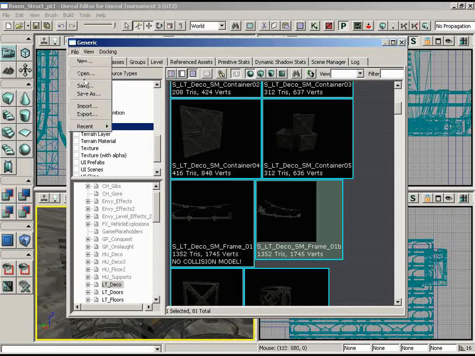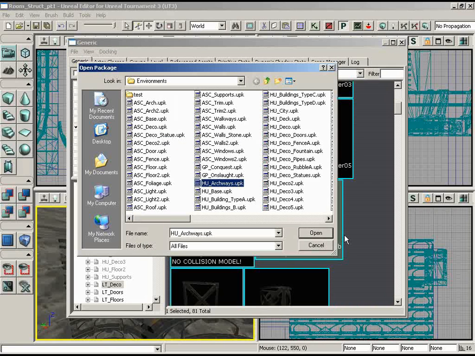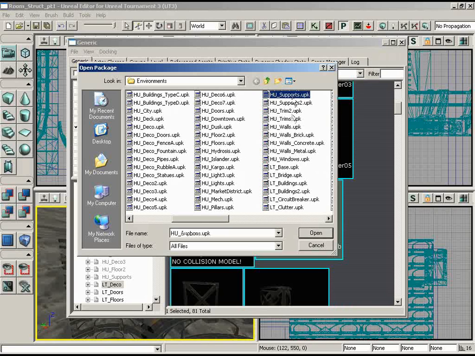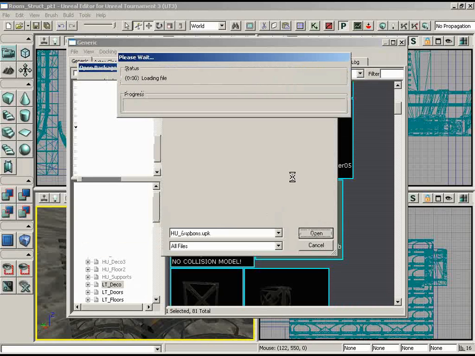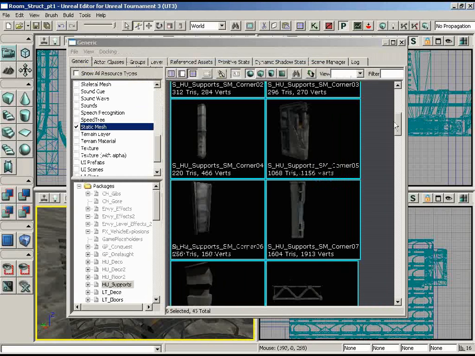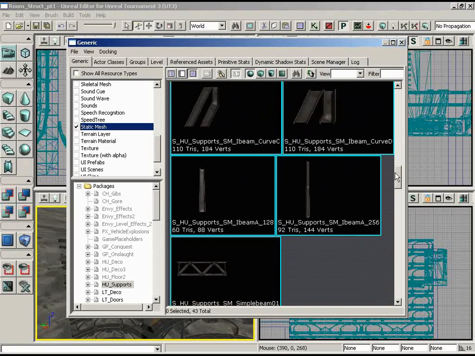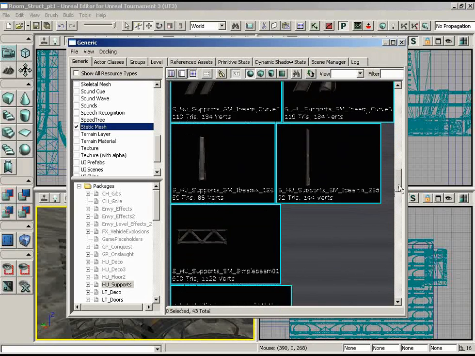So let's load in HU supports and scroll over a little bit. HU, maybe a little bit more. And there's HU underscore supports. We'll load this package in. And now we'll look for an I-beam mesh to fill in the front. Let's see, we've got actually a few different ones. Let's grab the one that's I-beam A